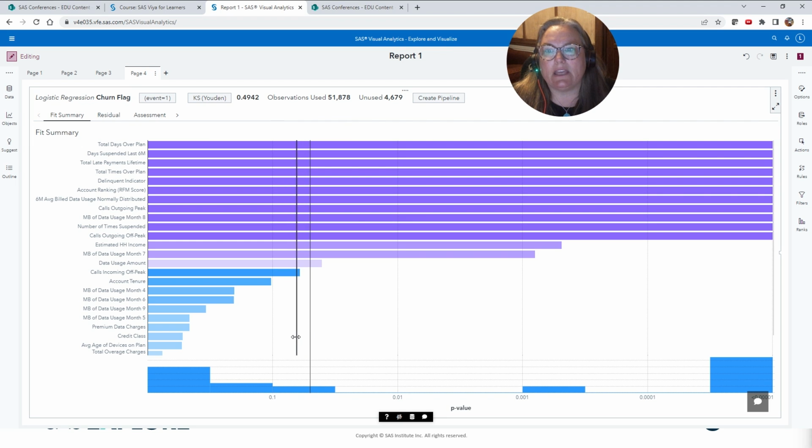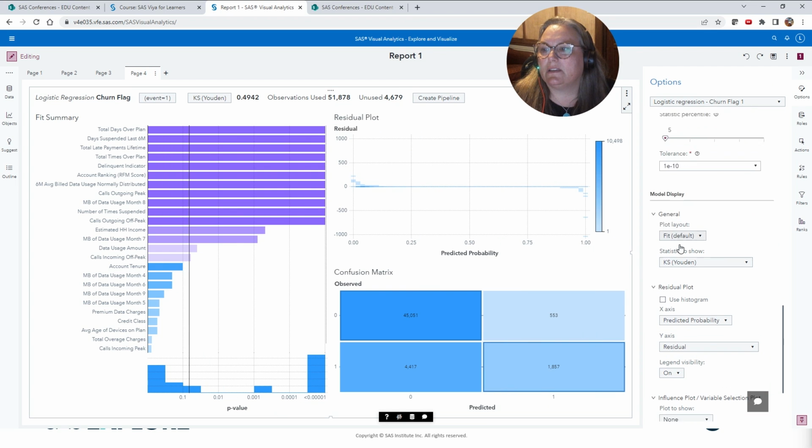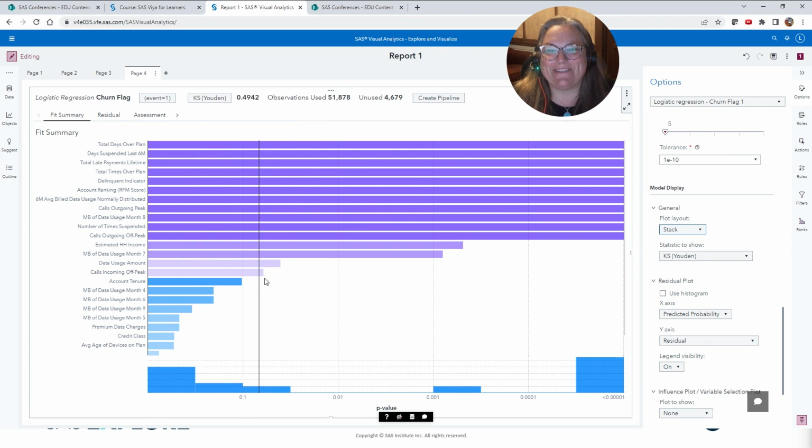I could drag it if I wanted, either way. And you can always undo. So I can undo my last action. That way my bar got back to where I wanted it.